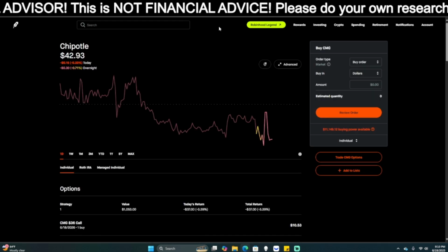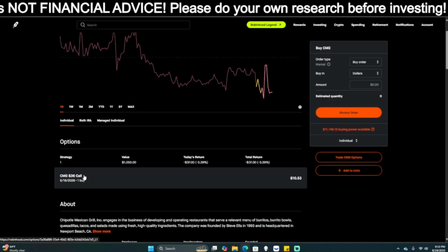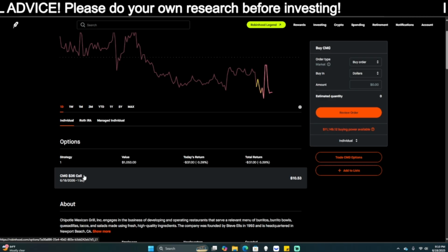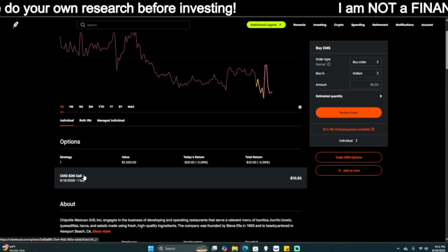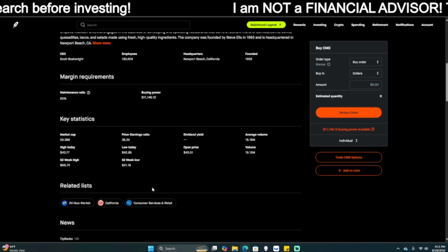So here's the Chipotle stock that you will see here. And we have a $36 call option that expires June 18th of 2026. So basically when school gets out, which is great. And so the idea behind Chipotle here is that you do pay more premium up front. So this option here cost me